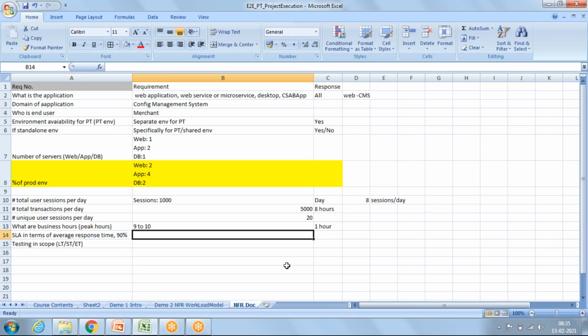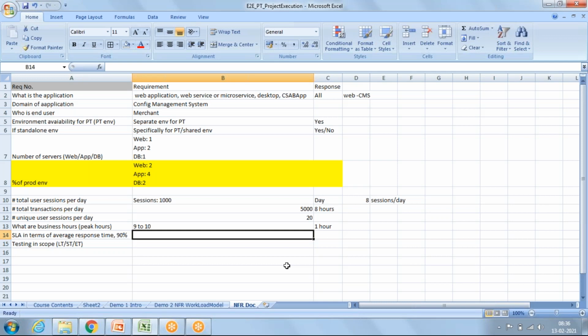Okay, we have all this information. Now we have to cover something from response time. The application is already running on production, so it is very easy to identify the response time the application currently has. But the client wants us to do performance testing. That means he wants to improve the performance, so we have to understand the client's expectation of response time.